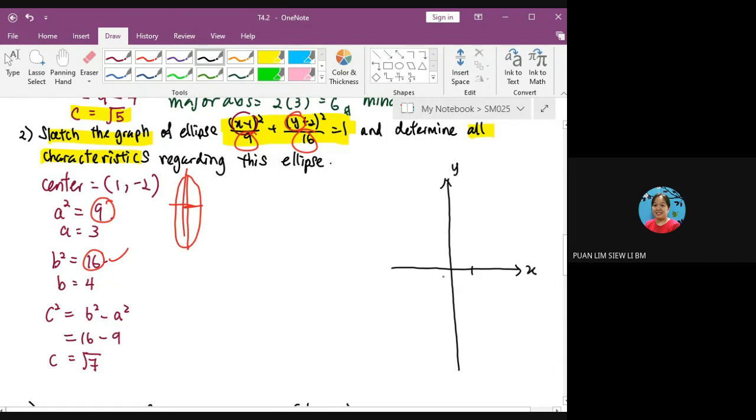Okay, so koordinat 1, sini -1 ya. So 1, -2 sini. Sini center saya. So that will be our major axis dan dia melalui